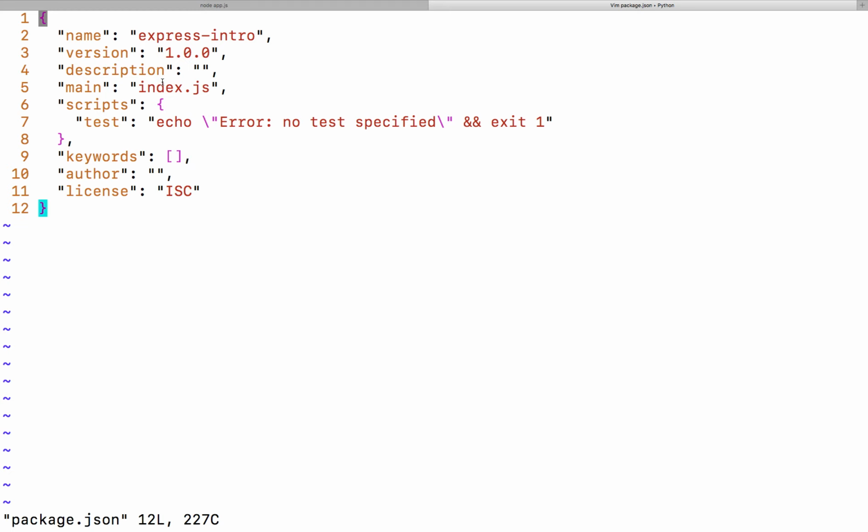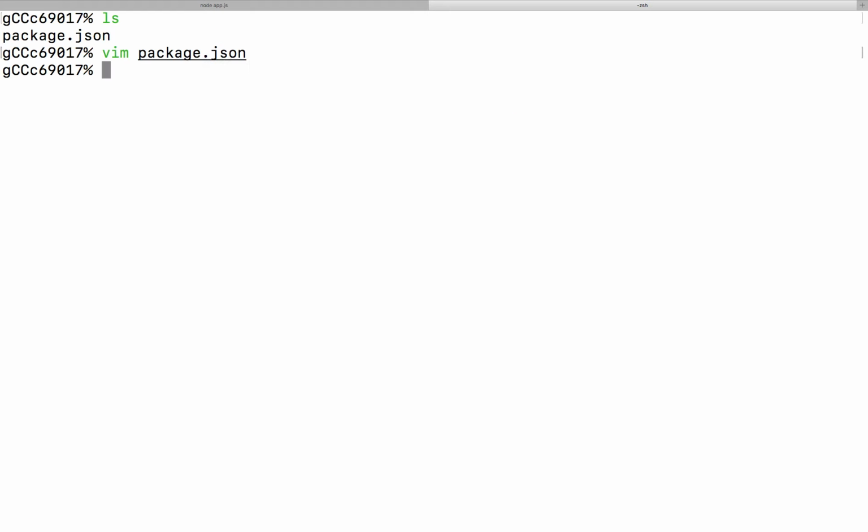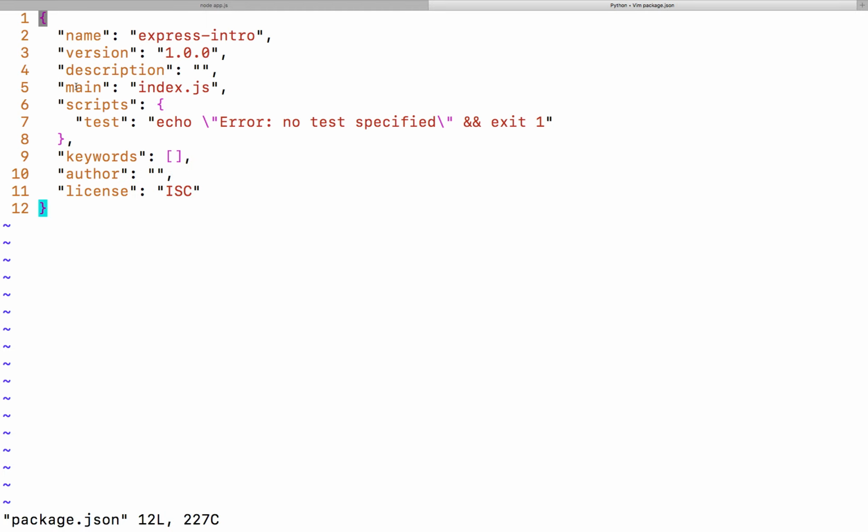The reason you want that to add up is because whenever you work with an Express or Node app, you should be able to do this. Step 1, git clone wherever it lives. Step 2, cd into there. Step 3, npm install to bring in all the dependencies for that app you cloned down. And step 4, npm start. What npm start does is it basically says node and points at the main file right here.